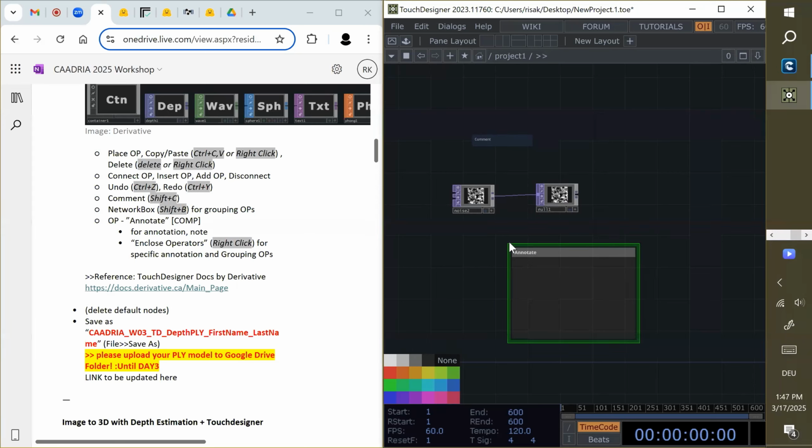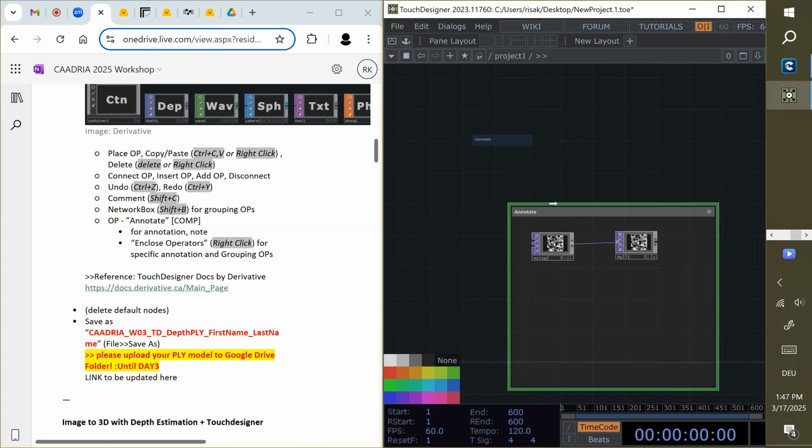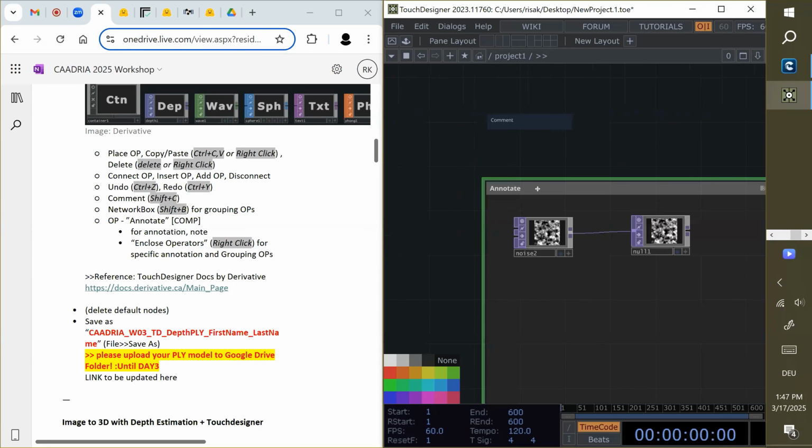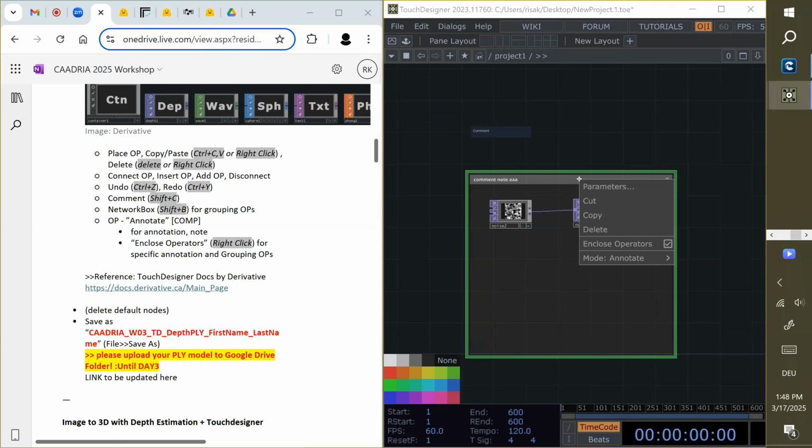And with annotate, you can also group things together. Also, you can comment here. You can just type whatever you want. And there's also the same function like enclose operators here. So you can just turn it on or off.